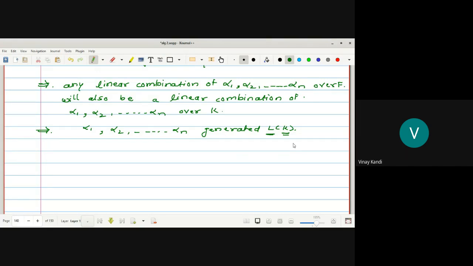So here look at here, the alpha 1, alpha 2 up to alpha n are a generating set, but we can't say that it is independent or dependent. Okay, why? Because look at here, though it may be not linearly independent over